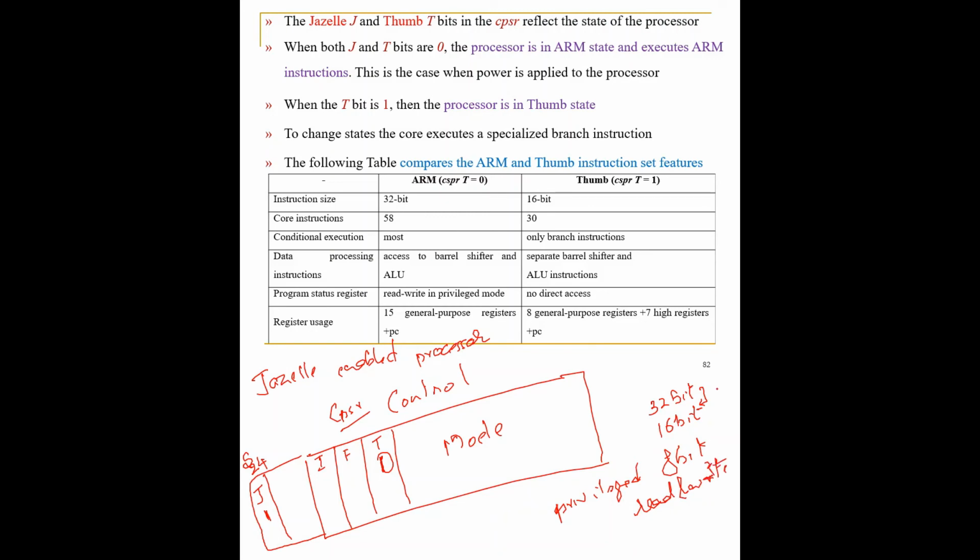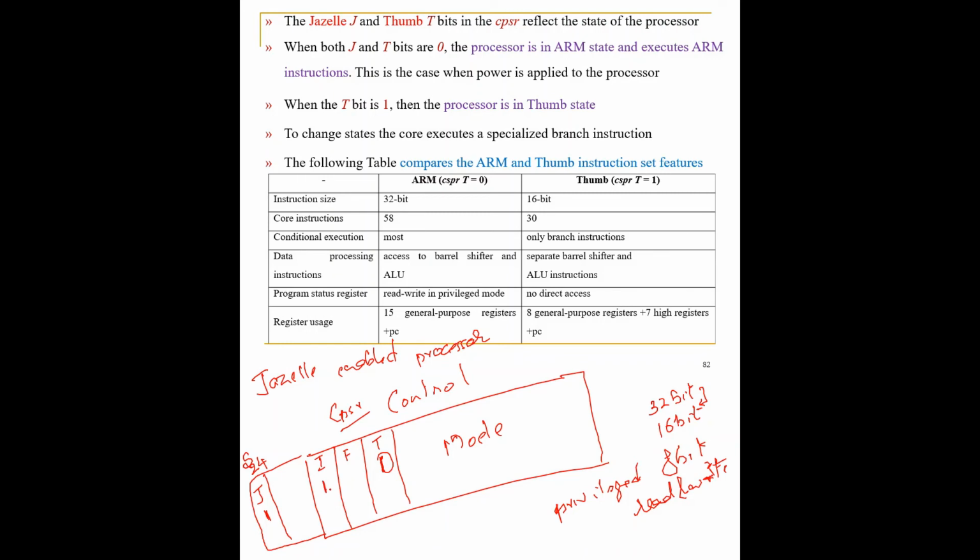Only privileged mode allows you to read and write. Instructions are written using a particular size. If you want to reduce the size, it is possible. Suppose you say, sir, I want to mask the interrupt, I don't want anyone to disturb me. In that case, you can make this I bit 1.